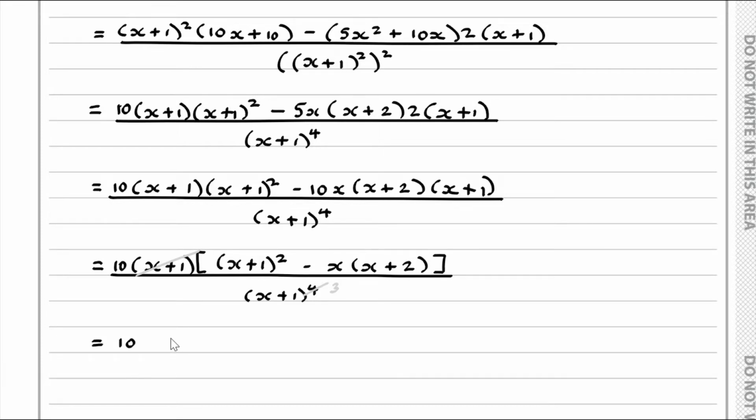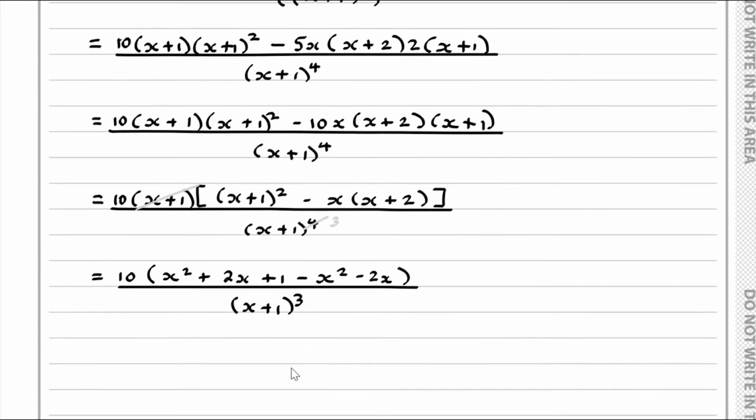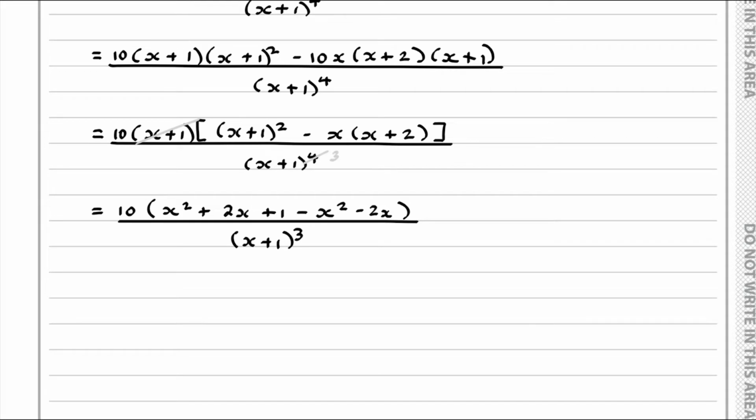we have 10 lots of what's in the bracket here. Now x plus 1 all squared, that's x squared plus 2x plus 1, and then we subtract off x times by x, which is x squared, and then we also subtract off x times by 2, which is 2x. And on the bottom we have the x plus 1 cubed. Now if we tidy all this up, x squared minus x squared gives a 0x squared, 2x minus 2x,